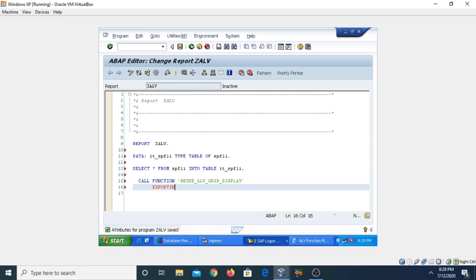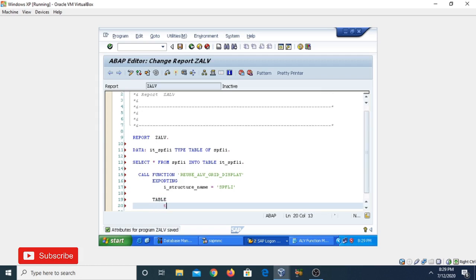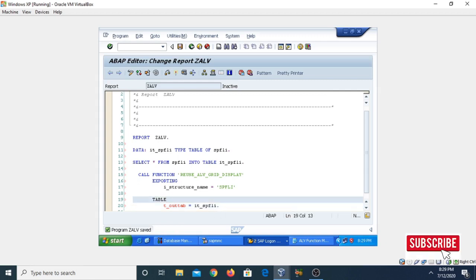Now use exporting, in which I declare the structure name: I_STRUCTURE_NAME equal to SPFLI, and then under tables, T_OUTTAB equal to IT_SPFLI. This is how you can call the particular function.